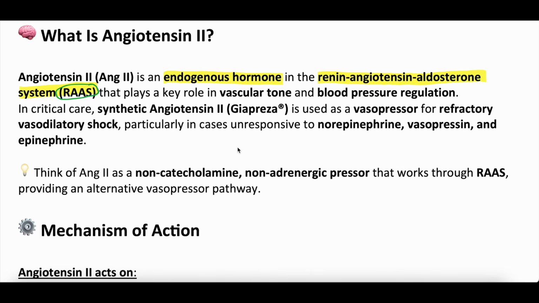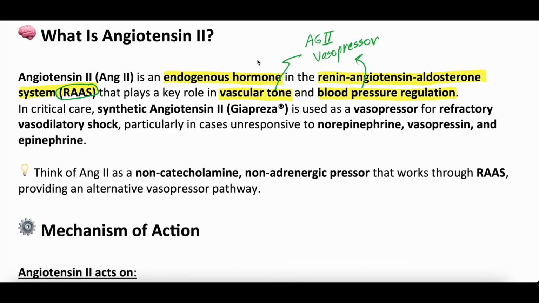But that system plays a key role in our vascular tone and blood pressure regulation, which makes sense of why angiotensin II, which we're going to abbreviate AG2, is used as a vasopressor, a medication to keep the blood pressure up